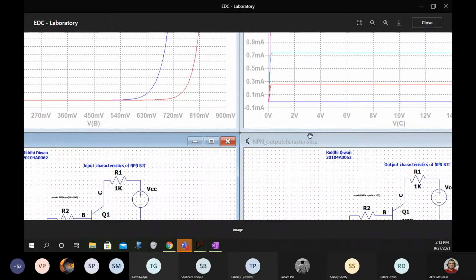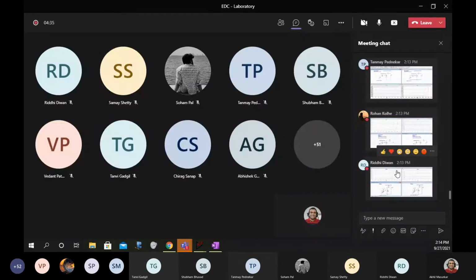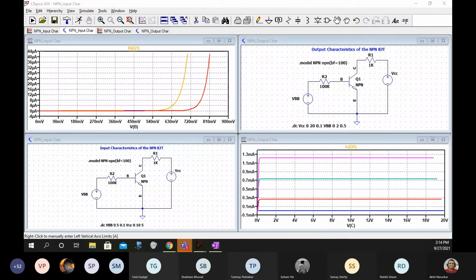Now, why I am telling you to do this together, because now you only will get a recap of what we have done. So you should see to it that what you are plotting here is VB. VB is nothing but VBE, and VC is nothing but VCE. You can very well see that in the circuit, because the emitter is grounded in both places.